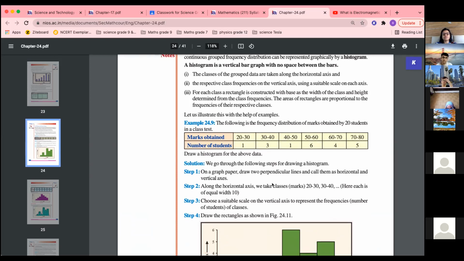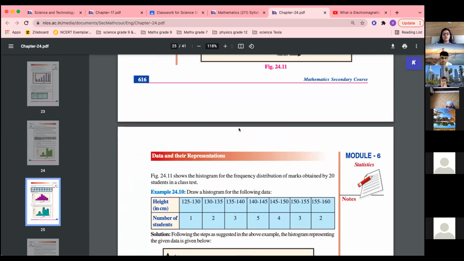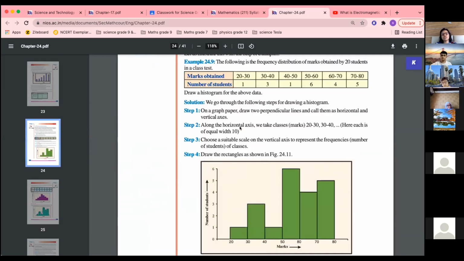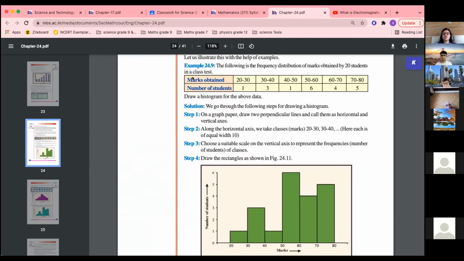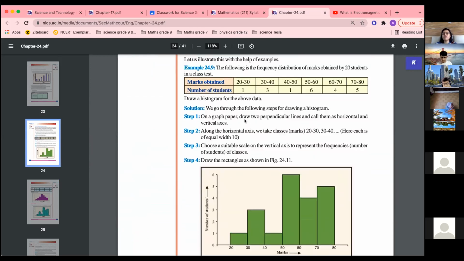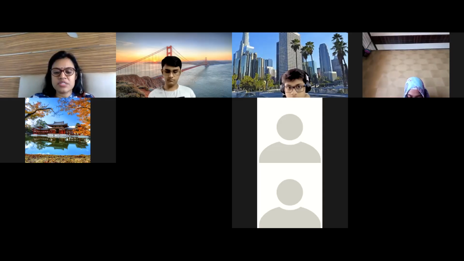Understood? So I'll give you this solved example only. Just do this one. One more thing you have to remember. Draw this one only because it is a smaller one. Draw this graph, 20 to 30. Now when we start, see, I'll show you on my graph paper only. The table is given in the textbook. I'm going to draw the graph.